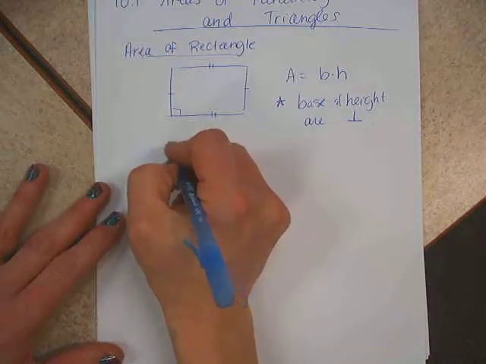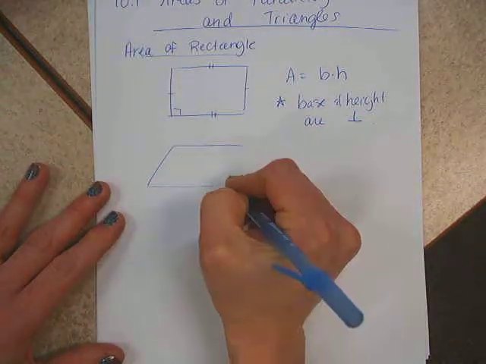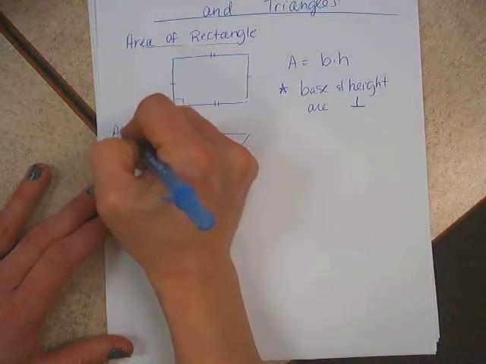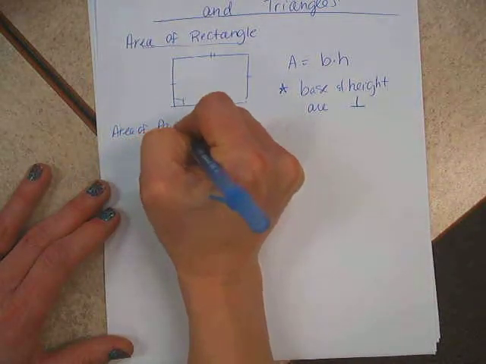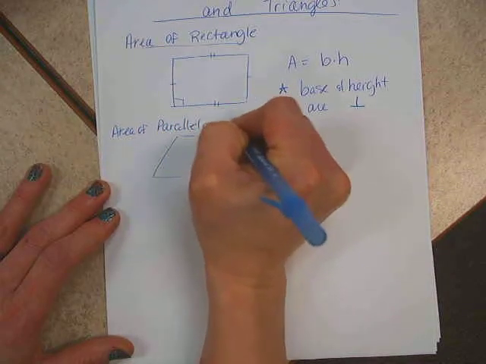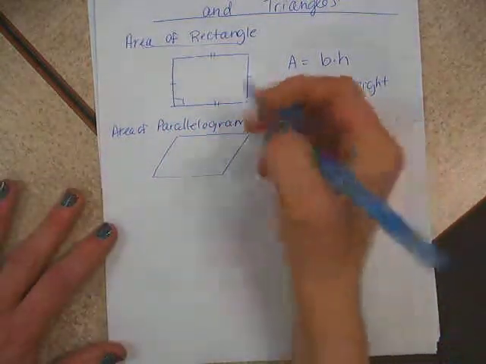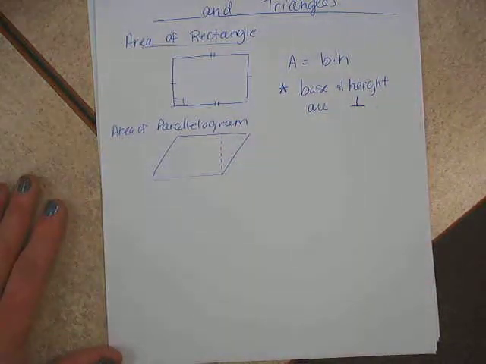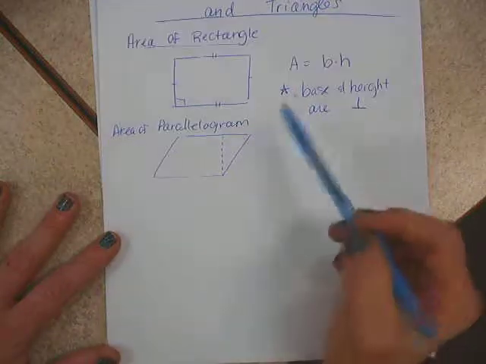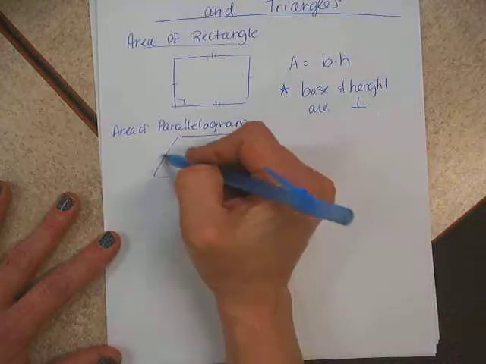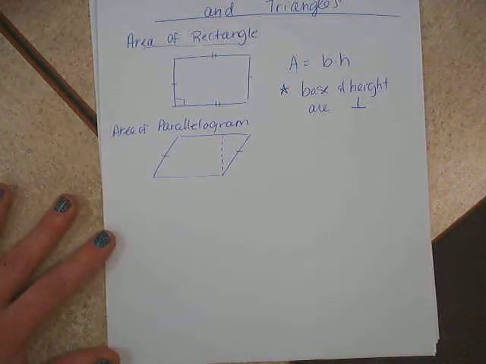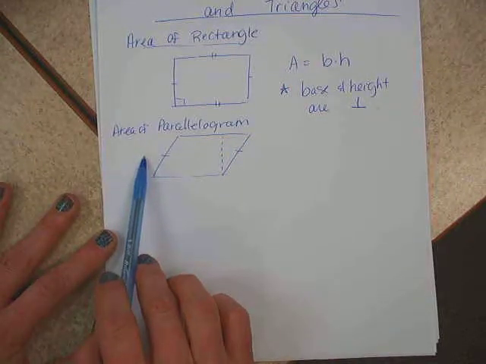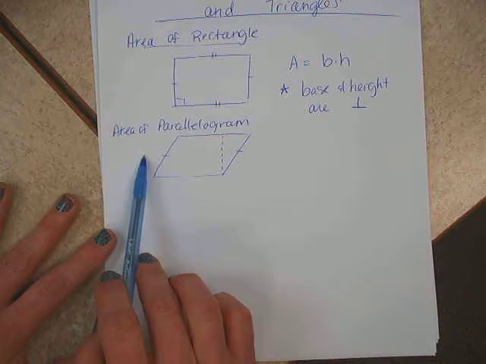Okay, so if we were to take a parallelogram and we were to cut this piece off, that triangle right there. Okay, since these two sides are congruent, if we were to pick that up and slide it over to the other end,